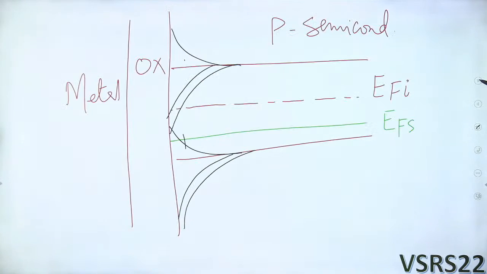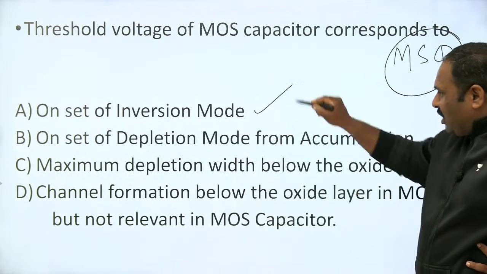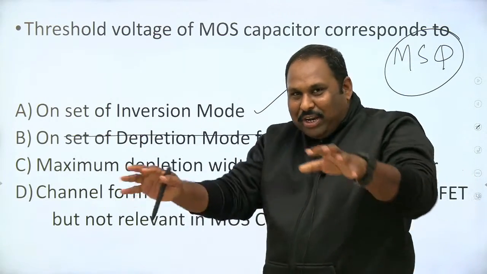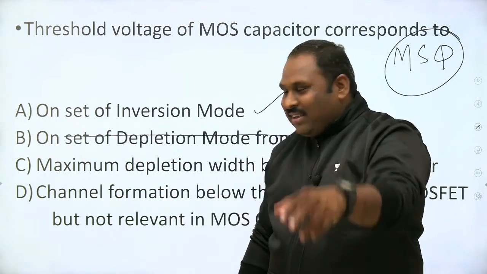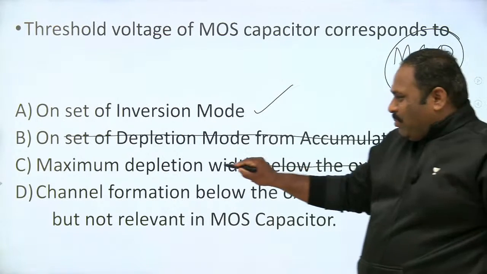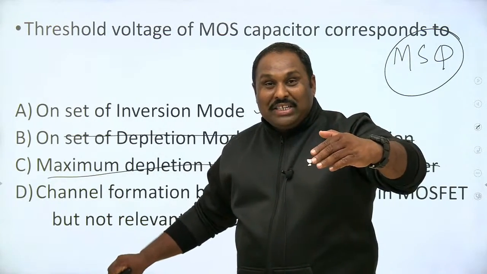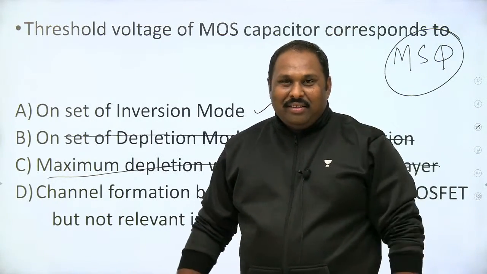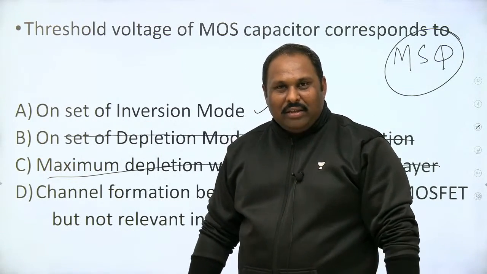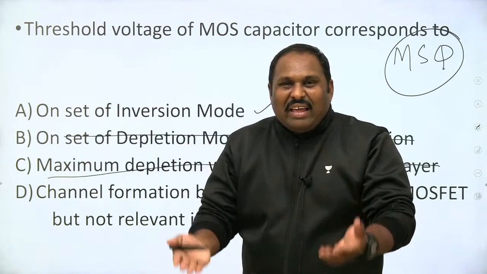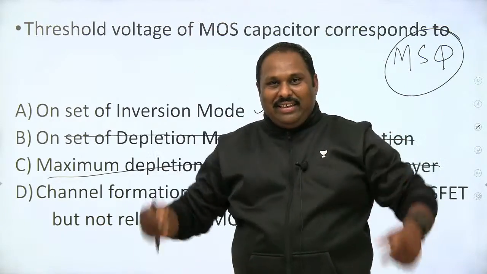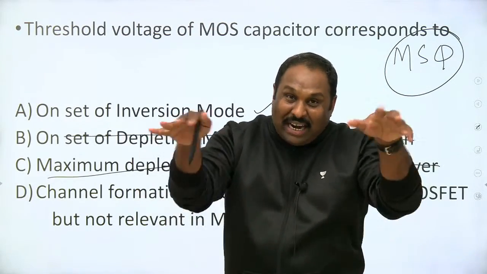The answer is, students, it is onset of inversion, but certainly not onset of depletion and accumulation. It is not between depletion and accumulation, but between depletion and inversion. And this is where the depletion region is also at the maximum, because you're applying such a voltage that carriers are being depleted. Depletion region is maximum. Then what happens after this? What happens after inversion threshold? In the depletion region, opposite carriers will start to come and form a channel. From here the channel starts to form. There the depletion region will not remain, a channel forms there.